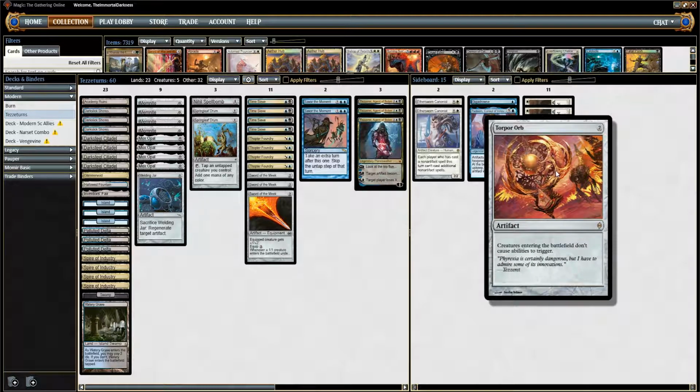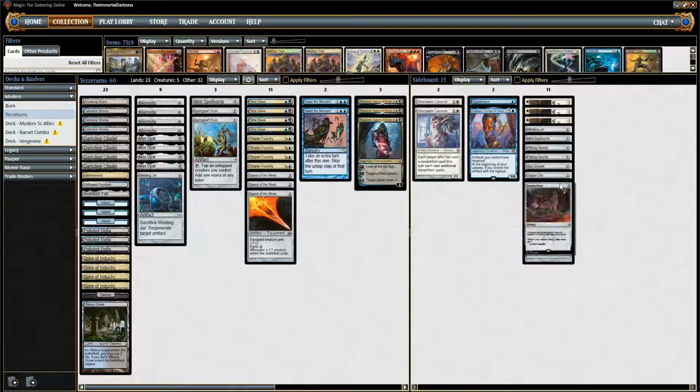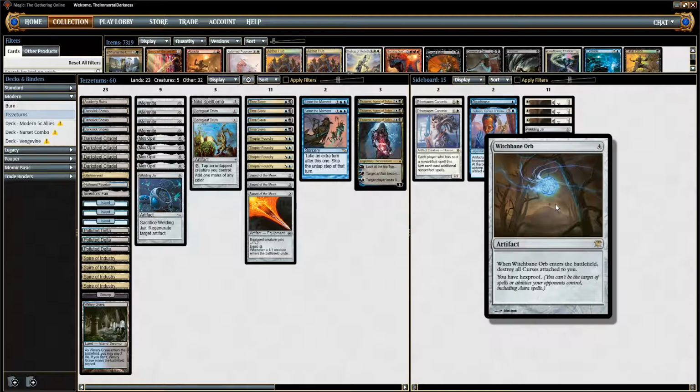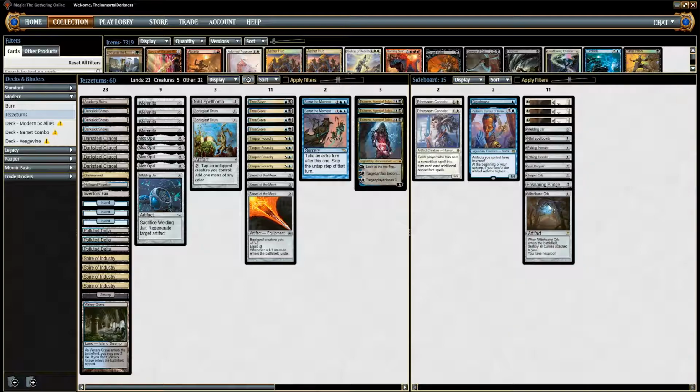Torpor Orb for creature combo and humans, Ensnaring Bridge, just a one-of, which seems a little strange, but I thought about running a few in the main deck, didn't really pan out, so I just put one in the sideboard just in case. Humans and such would probably be a bad matchup, but I'm not sure yet. I have not played the deck. One Witchbane Orb for combo, storm, Scapeshift, and burn, and that is Tezzeturns for Modern, and let's go play some